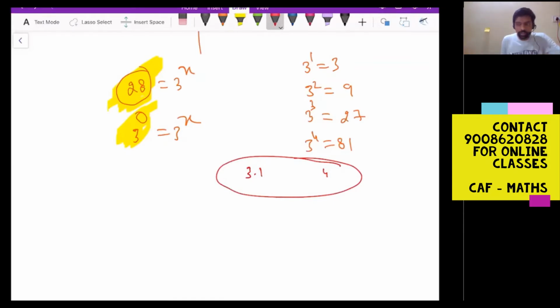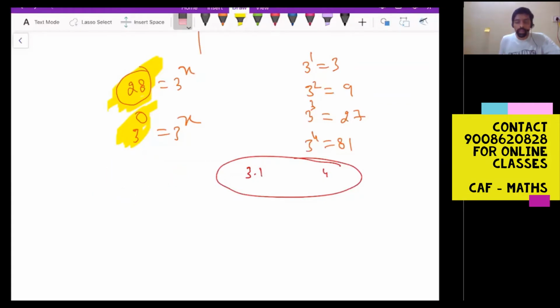Okay, Hemant, if you write it like this, 3 to the power 3 plus 1 is equal to 3 to the power x, I cannot equate the exponents now because the bases are not the same. Here we have two terms: one is 3 to the power 3, the other one is plus 1. So now I cannot compare the exponents. To compare the exponents, the base has to be the same. So this is not possible.